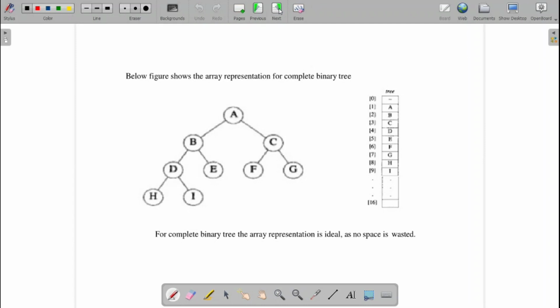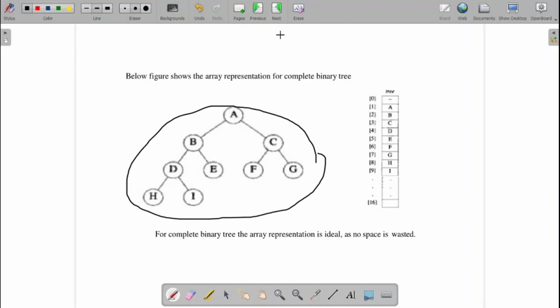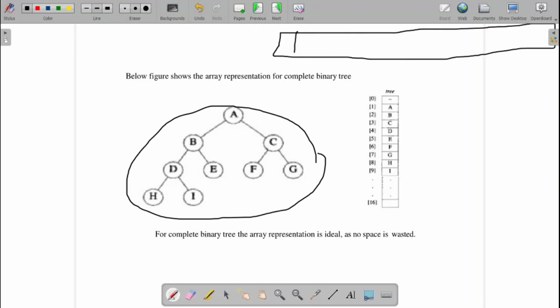Let us take the other type of tree. So let me take the complete binary tree. Now in case of a complete binary tree, if I go for this tree which is given in the figure, first A I will start at the index value 1, and the index value 0 is left blank. At the index value 1, A is stored. Then at the index value 1 into 2 is 2, my left child is stored. 2 plus 1 is 3, my right child is stored.